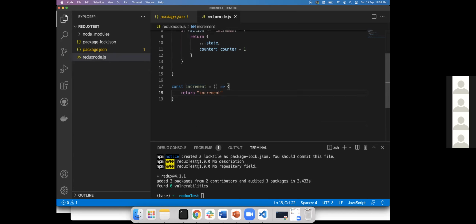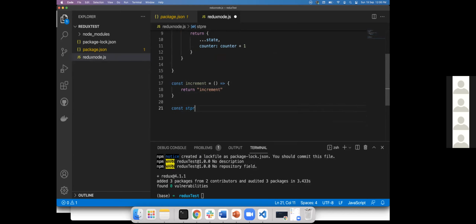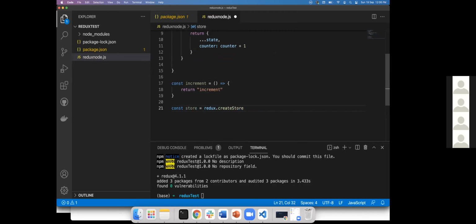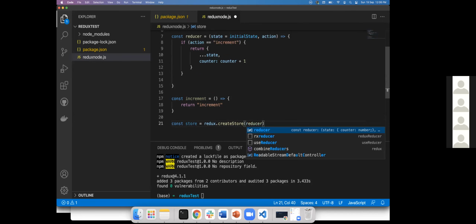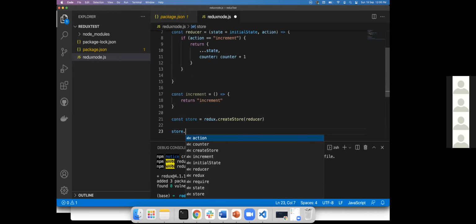Then we call it const store, redux dot createStore, and we'll pass it the reducer.